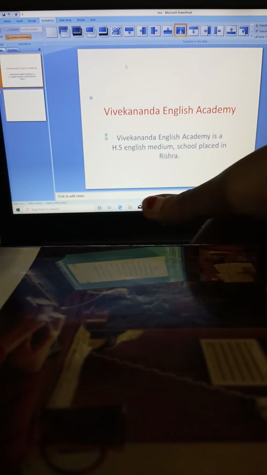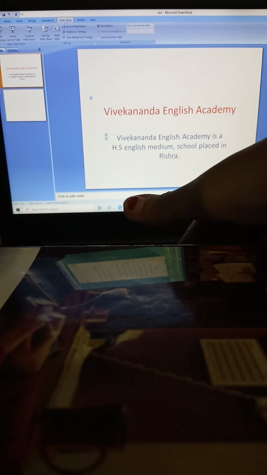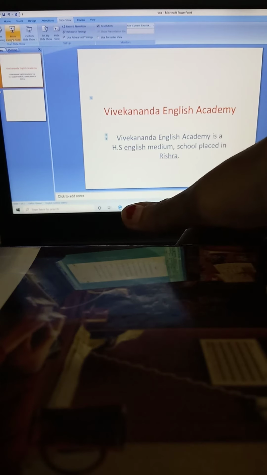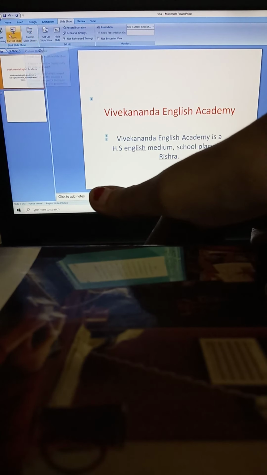Now to see the effect, click on slideshow, then from beginning, from current slide, custom slideshow. Three types. From beginning means from starting, from current slide means from the current slide, and custom slideshow means simultaneously. Then I'm choosing here from beginning, so this effect will appear on the objects